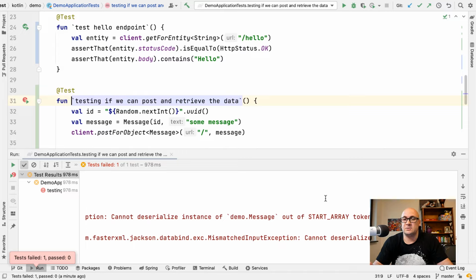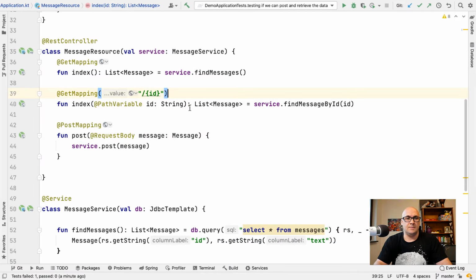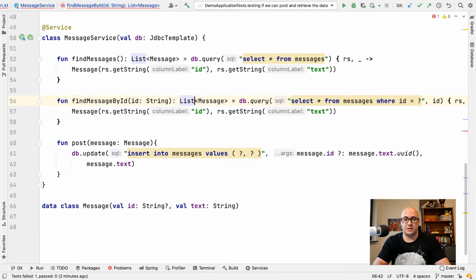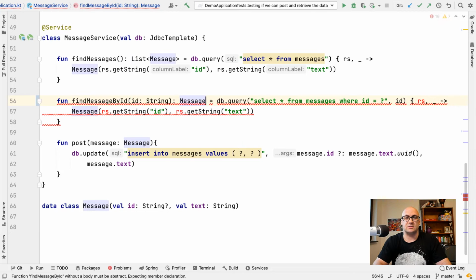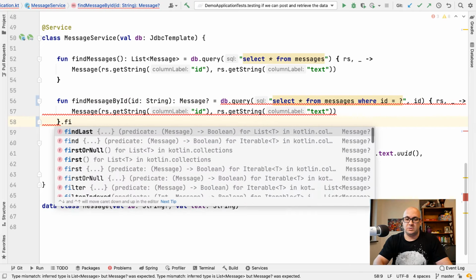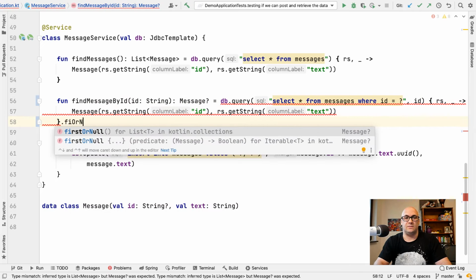And it actually doesn't make sense. So let's fix the application instead. See, this method should return a message instead of a list of messages. And we also need to modify this findMessageById function to return a single message. So instead of returning the query result directly, we need to call the firstOrNull function on the